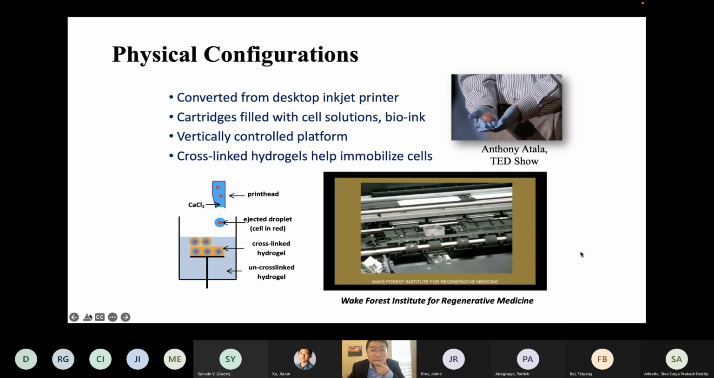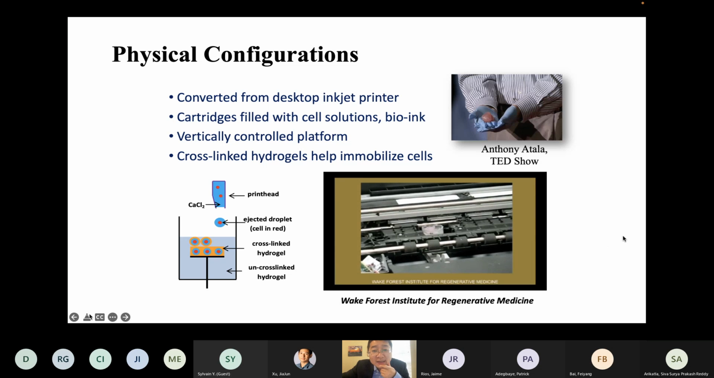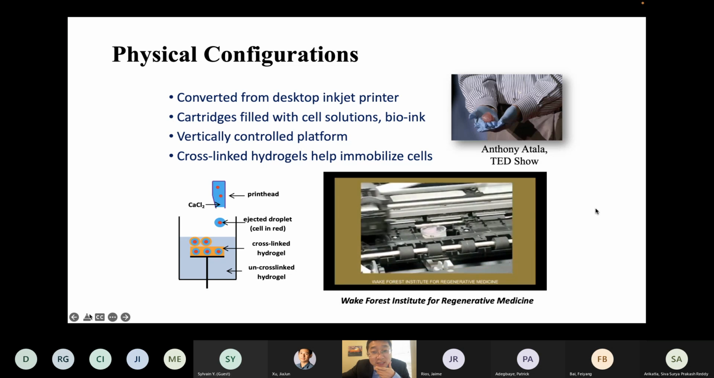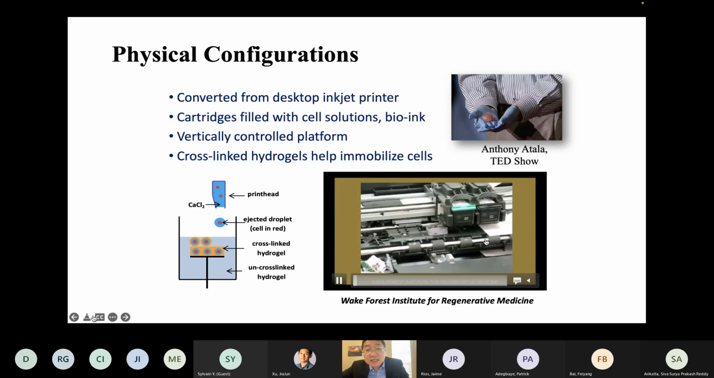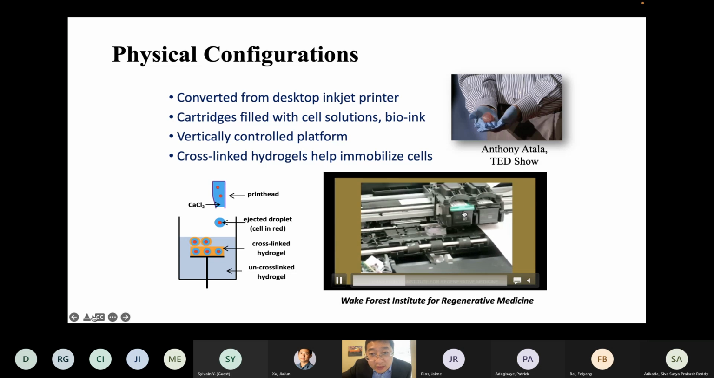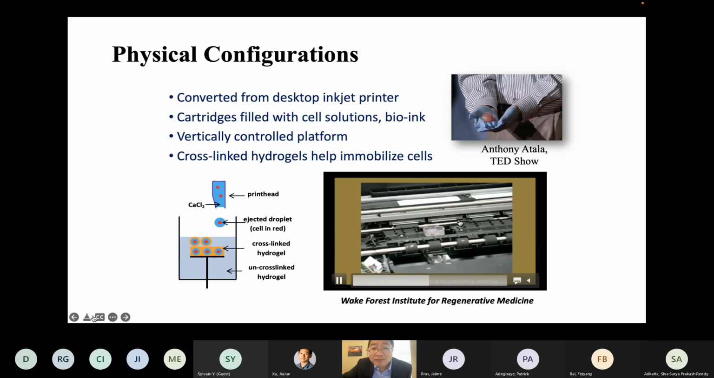This is work that has been done in his lab, and I was collaborating with one of Dr. Atala's former students before. So this is his image. If you see here, I should say that this kidney isn't printed from this printer. But if you see this printer, this is a regular